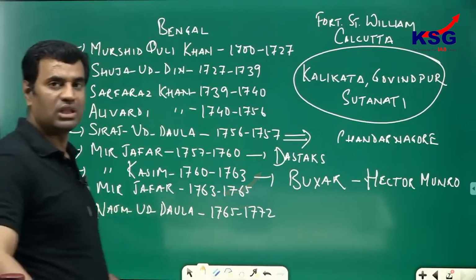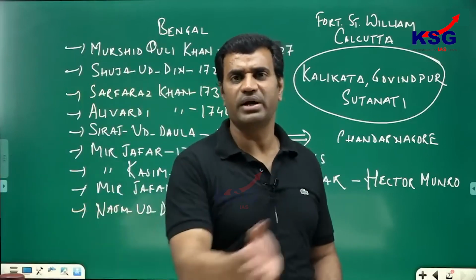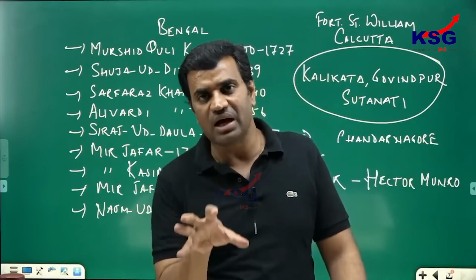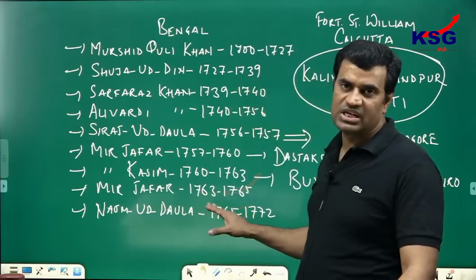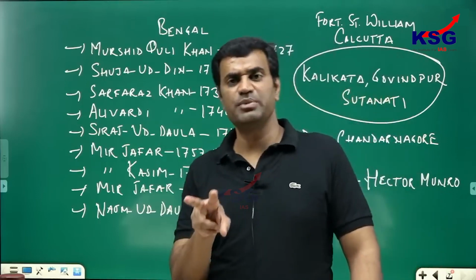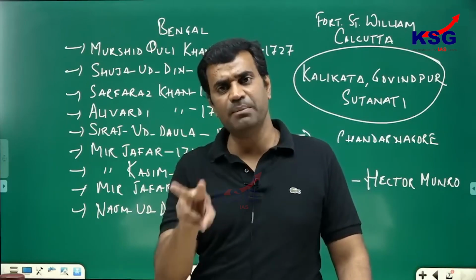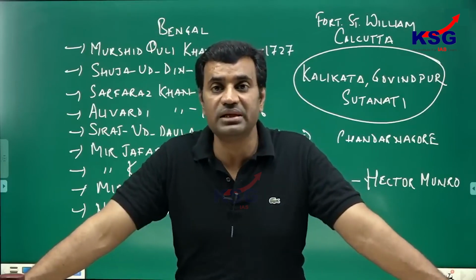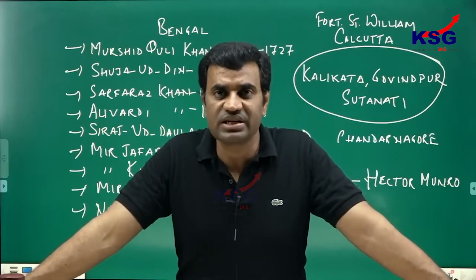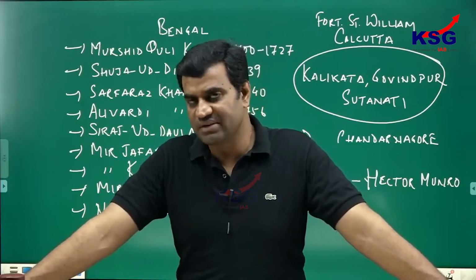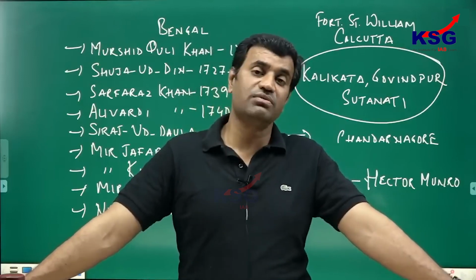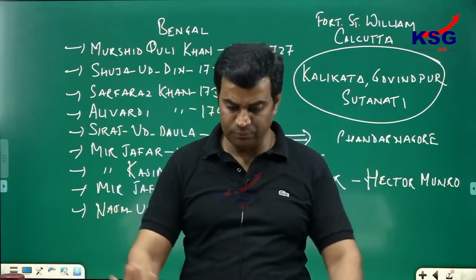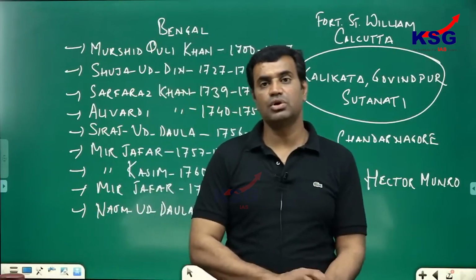By this time, when Najm-ud-Dawla began to rule, the British were exploiting the resources of Bengal without any care. In fact, the British emerged to be the real masters of Bengal, and the Bengal Nawab was just the formal head. This kind of arrangement whereby two authorities began to rule over the same province simultaneously is known as dual government in Bengal. So, dual government existed in Bengal from 1765 to 1772. And in this phase of dual government only, the British went on exploiting the resources of Bengal. We'll come to subsidiary alliance.